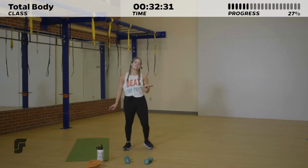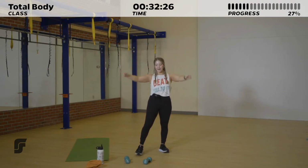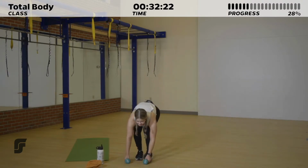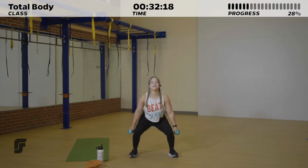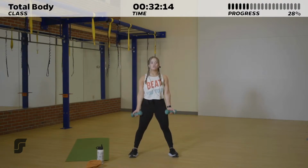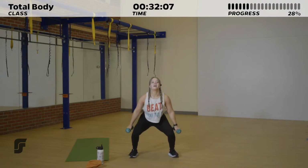We've only got 10 more seconds of rest here. We're into that squat, bicep curl, shoulder press in 5. Pick those weights up, take it into that squat, sitting in that chair, standing it up, squeezing those glutes, bringing those weights to your shoulders, turning them out, and pressing it up, putting it all together,